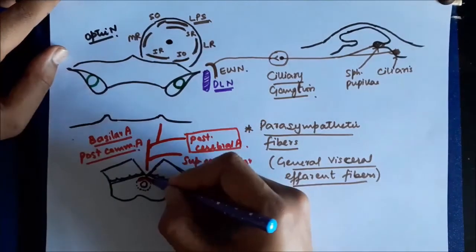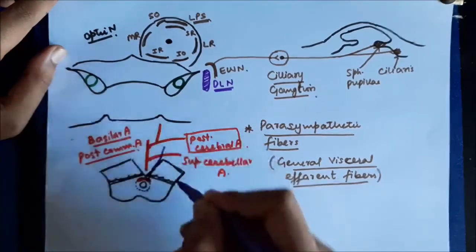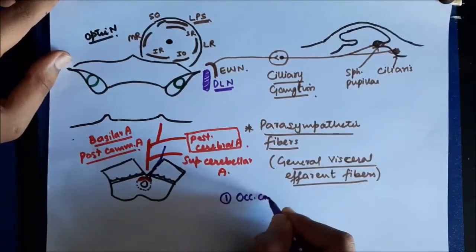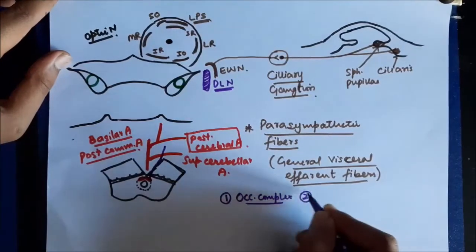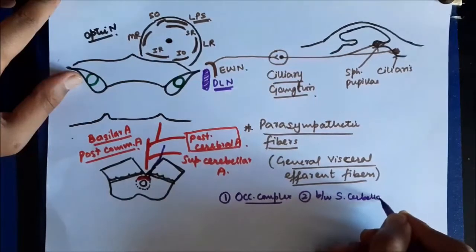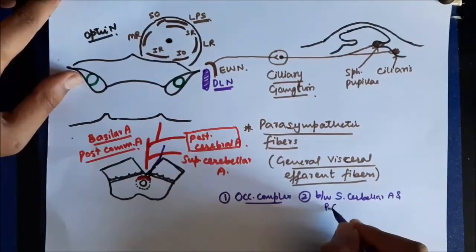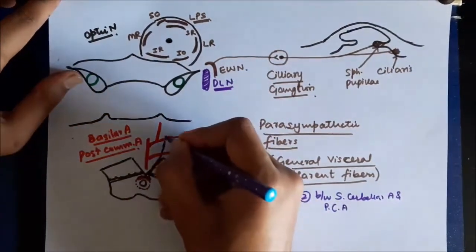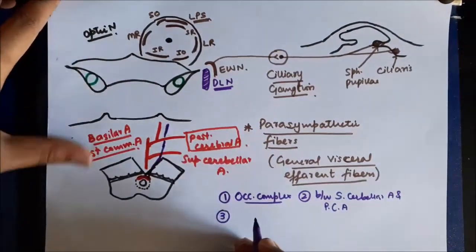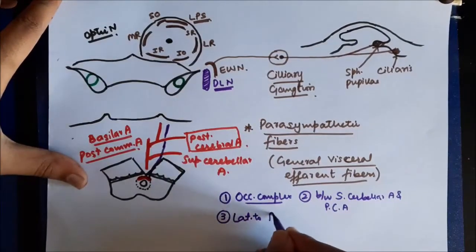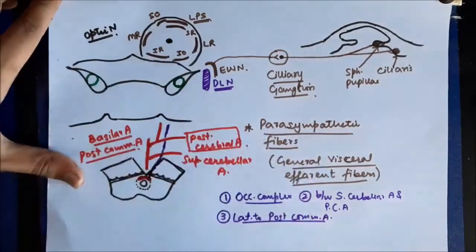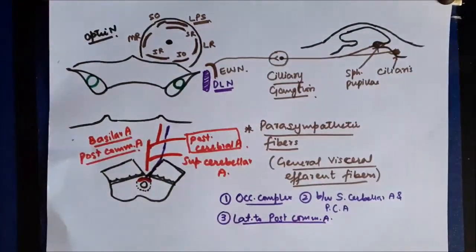So the oculomotor nerve originates from the oculomotor complex. It comes out from the brainstem. First it comes out from the oculomotor complex and passes through the ventral aspect of the midbrain. Then it passes between these two arteries, that is between the superior cerebellar artery and the posterior cerebral artery. Then it moves forward lateral to the posterior communicating artery, and then it passes through the lateral wall of the cavernous